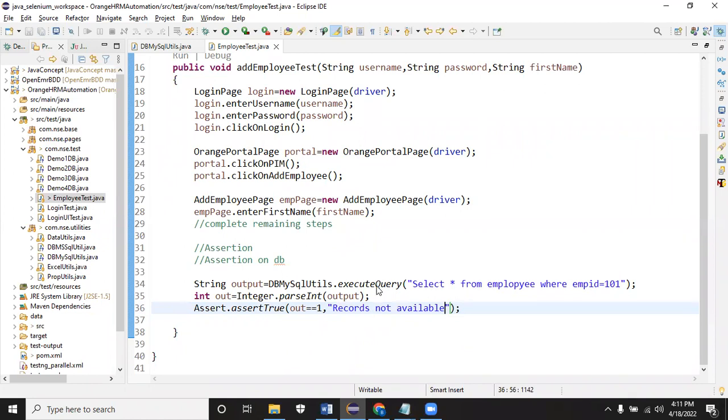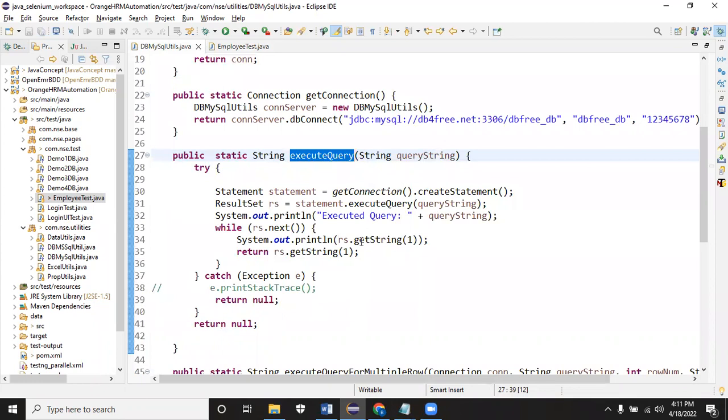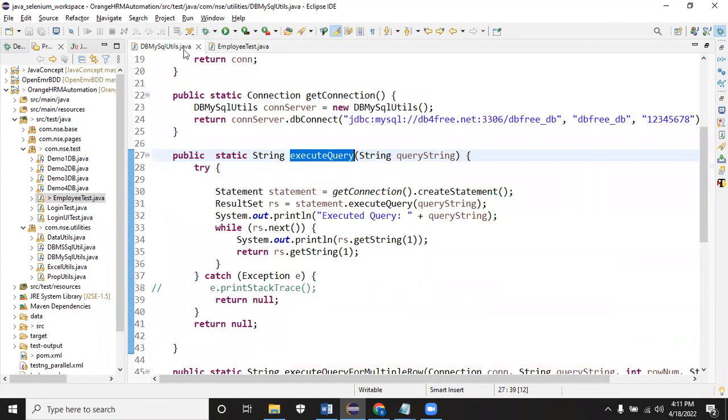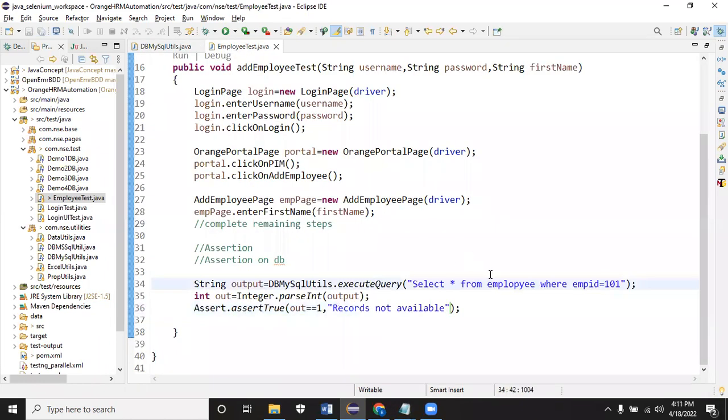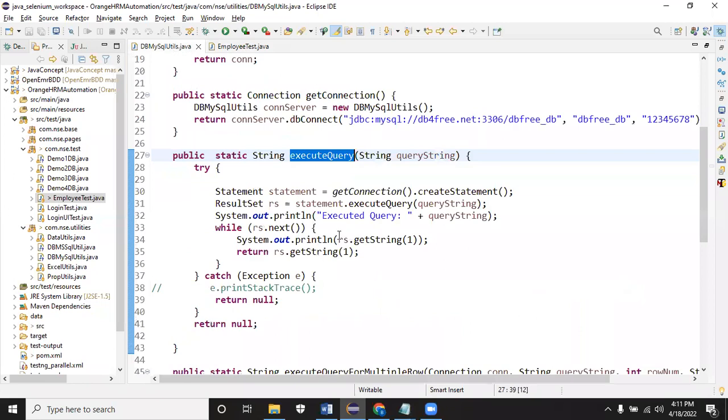Okay. So as I said, after executing the query, while calling this method, it will connect to the database and get the first column as a string that I'm trying to convert. For example, let me do products. Here, I'll do a products here. Let me go over here and check for